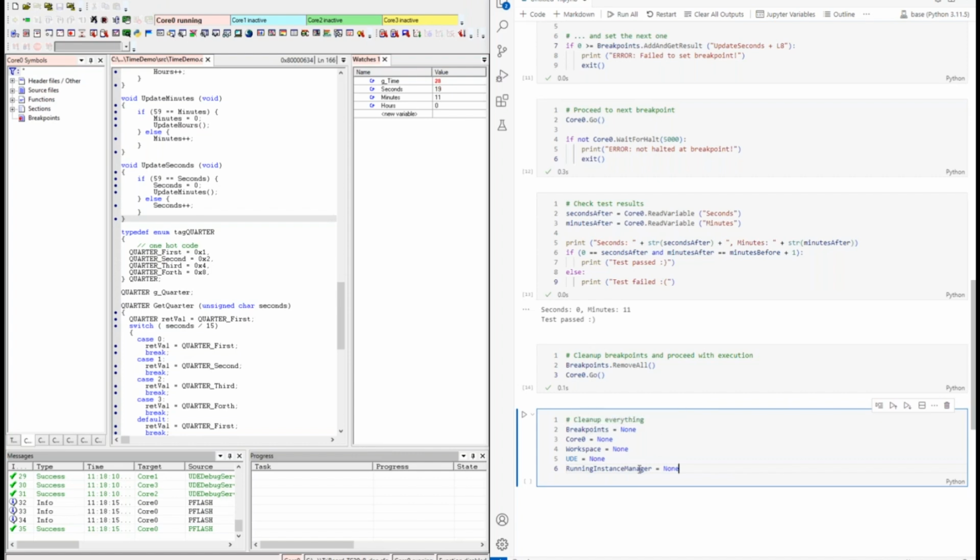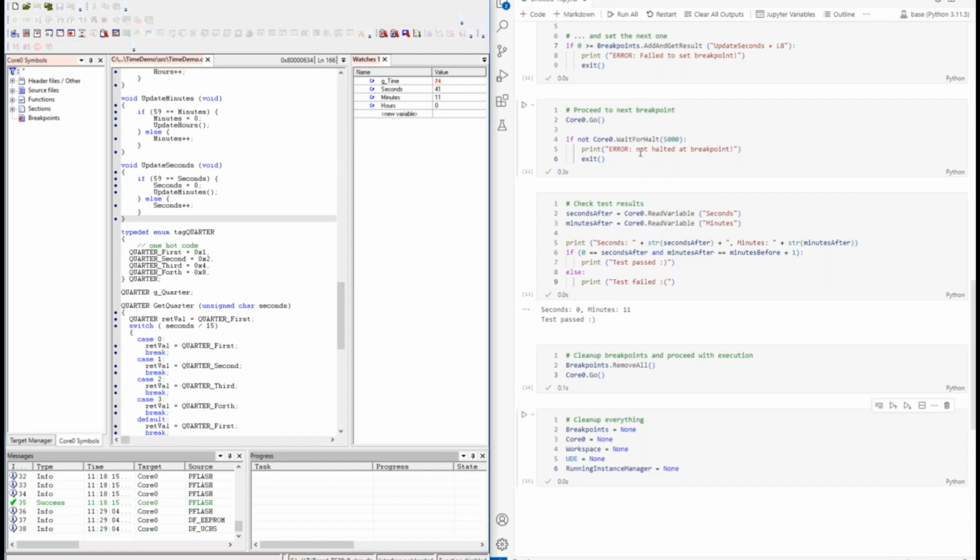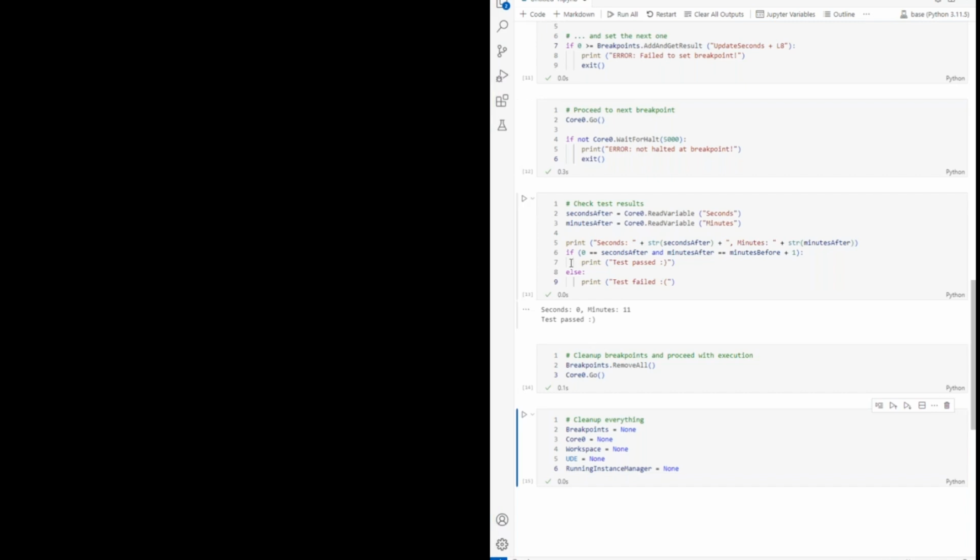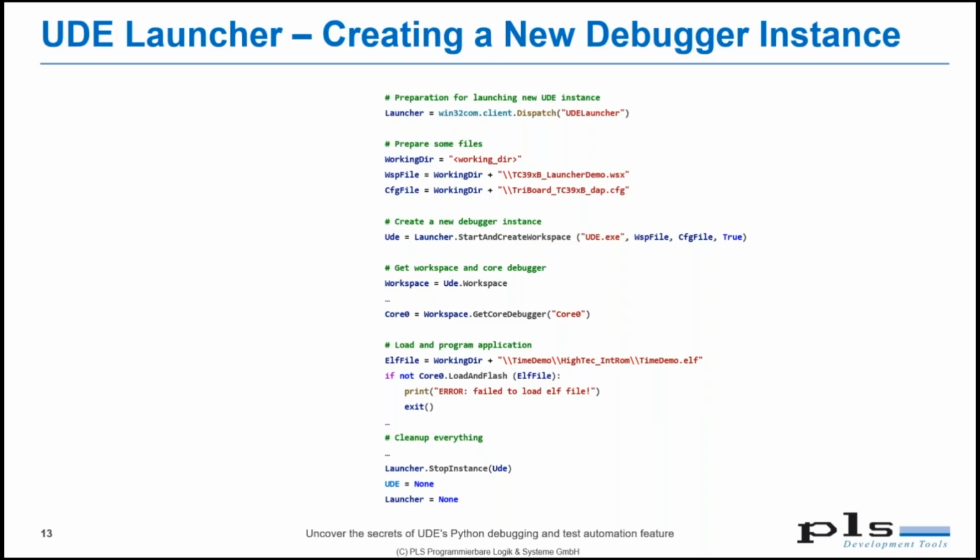So we set all the objects that we have obtained during the script execution by assigning none to them, and then the Python interpreter will clean up the objects, and then you can safely close UDE. This can be done manually, and that's it. This was the first script,